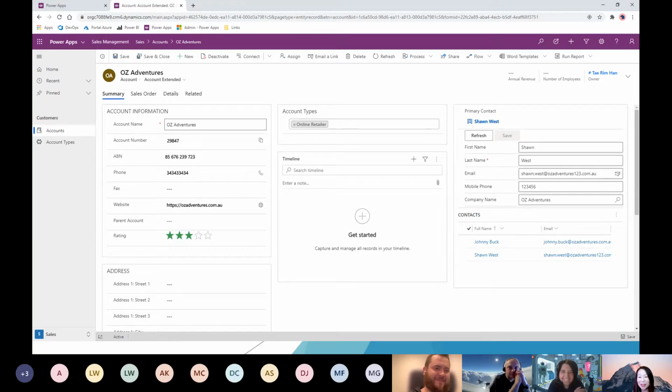I think the most effective PCF controls are the ones that you don't realize are there. It gives the user a very native and seamless experience in their day-to-day activities, but with extra spice, as in extra functionalities on top. So to demonstrate the first category, enhance the out-of-the-box behavior or display,